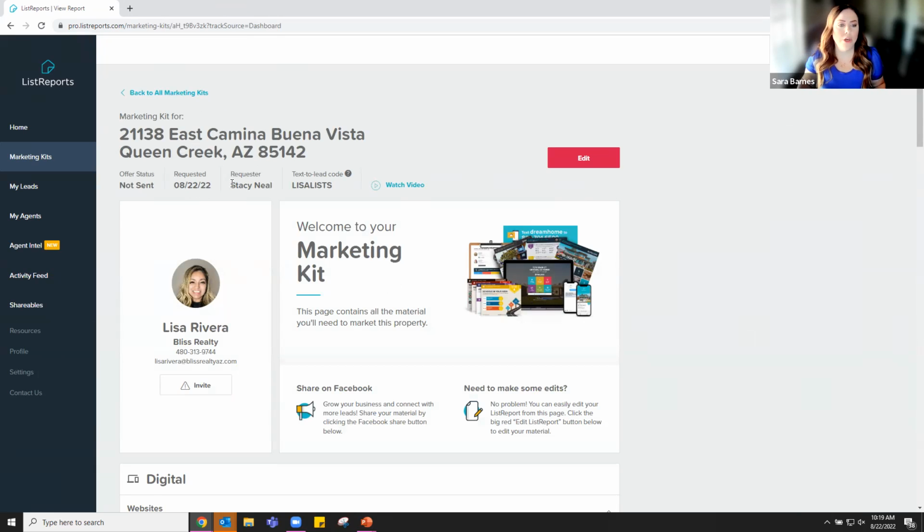So I can see when it's requested, who requested it, text to lead code. When you guys sign up for ListReports under Stacy, that is one of the first things I want you to do. Go put in your headshot, your contact information, your logo, and then set a text lead code. This is something that we will talk about later on, but this is a customized code that if people